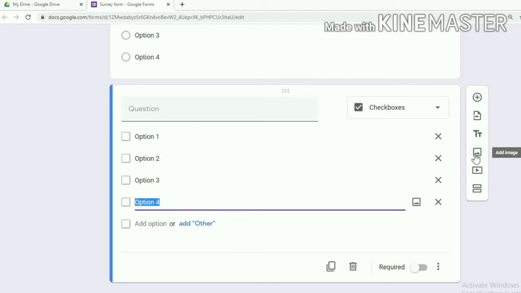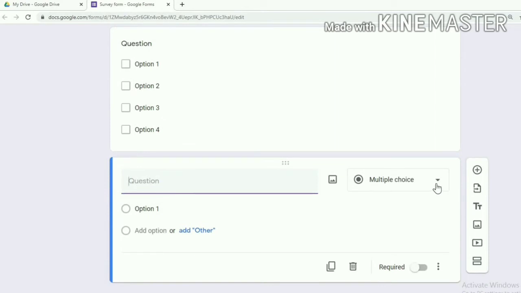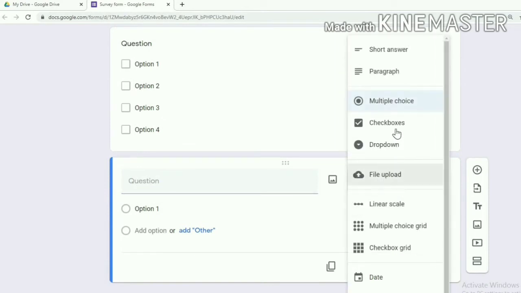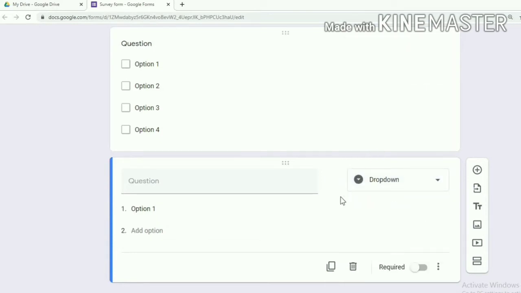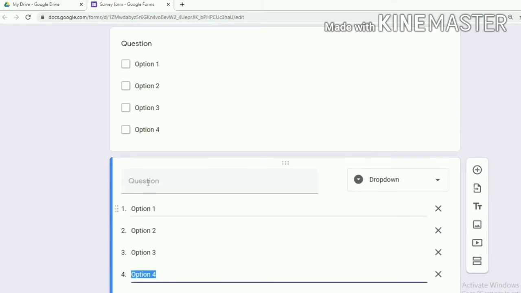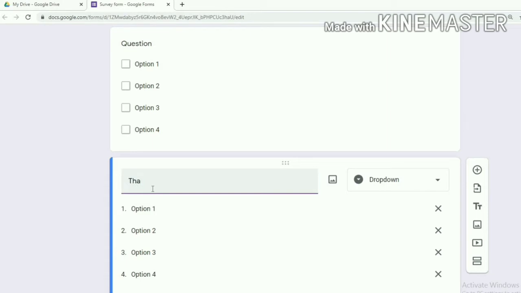Next, the next question I want to choose as a drop down question. Here is a one question type, which is a drop down. So drop down, again you can add the options like earlier, 4 options, and here you can type the question, the arrangement. The arrangement was very excellent, good, very good, satisfactory. Like that you can give the options.